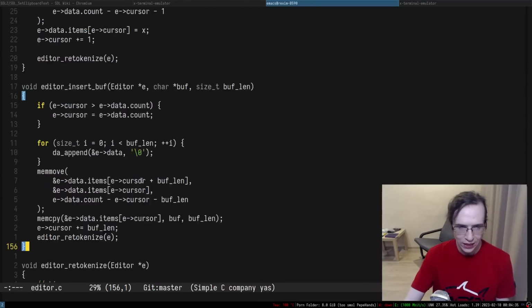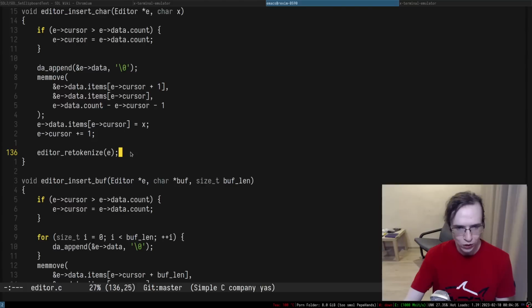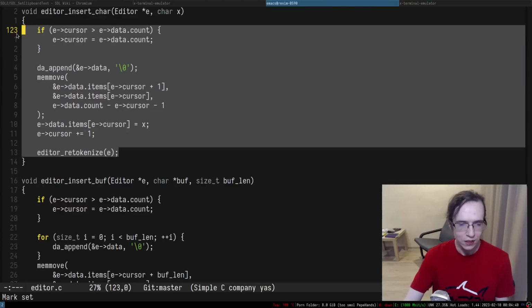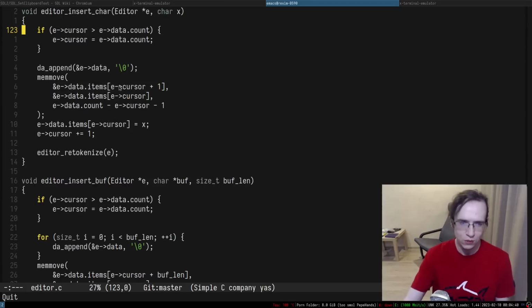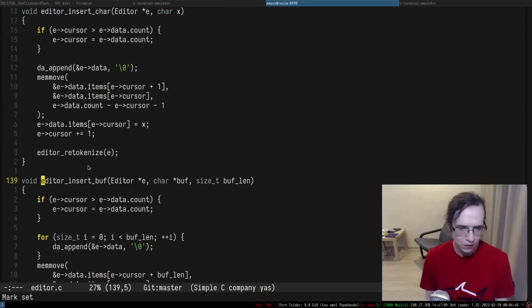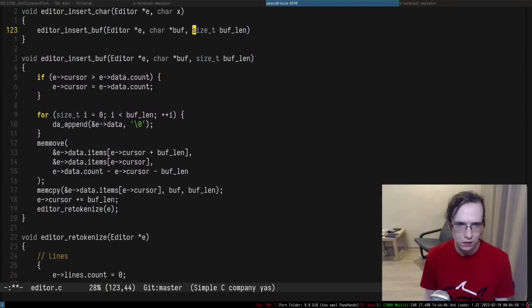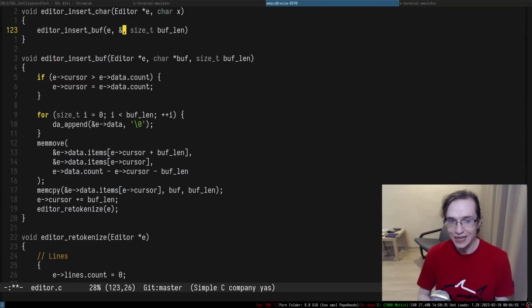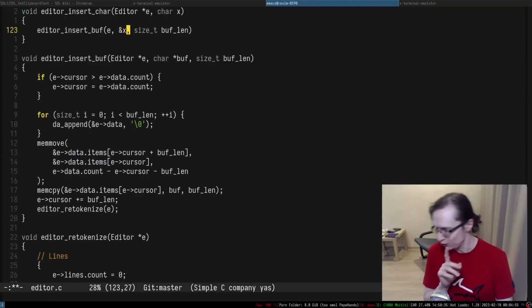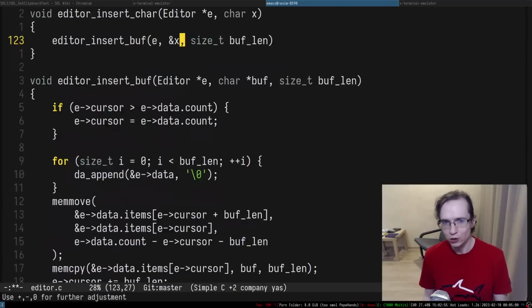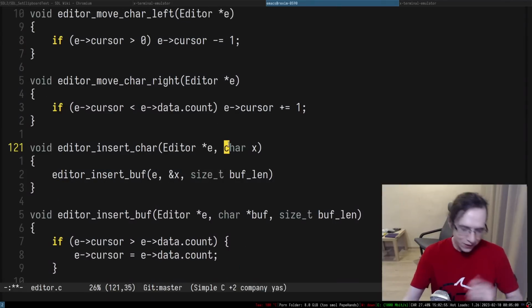All right. So, and maybe we can then say, all right, can we just implement this thing in terms of the insert buffer? Is that a good idea? Because maybe it is a good idea, right? Because now you can say, okay, just do E. And in case of X, take a pointer to X, right? So a single variable is actually an array. Yeah, this is the cool thing